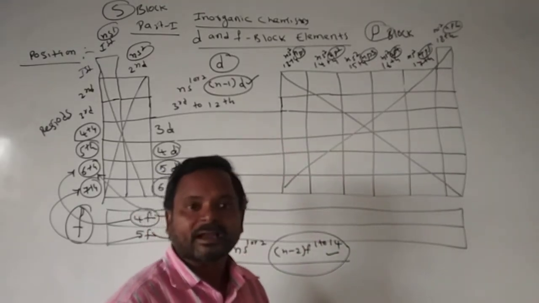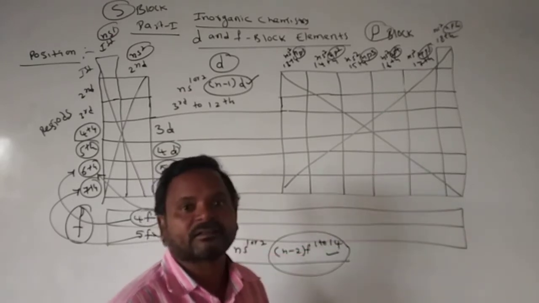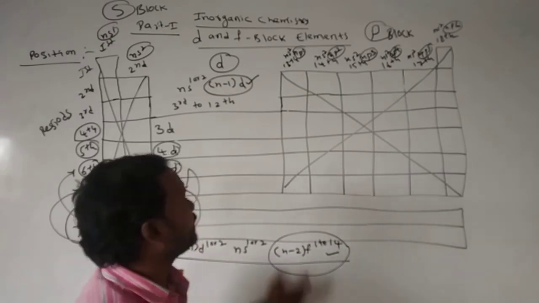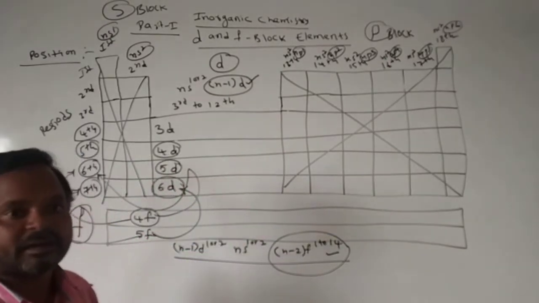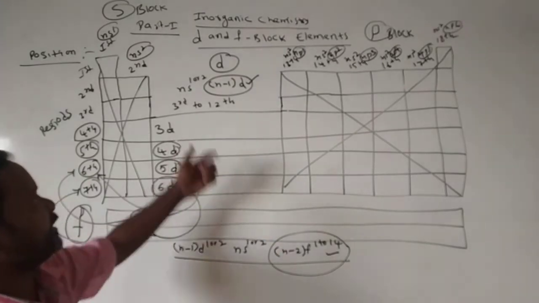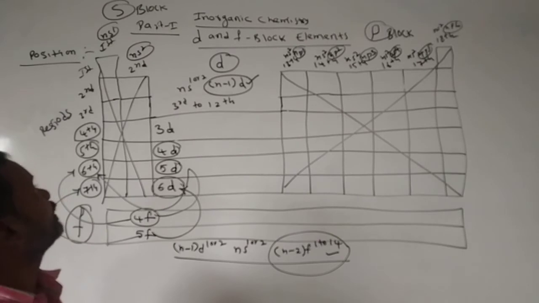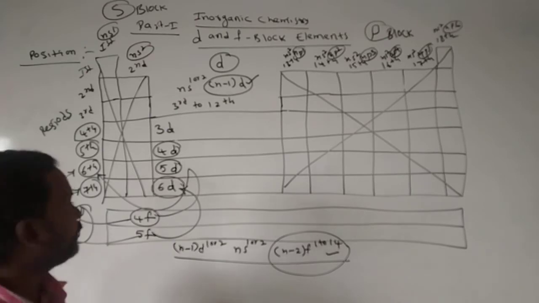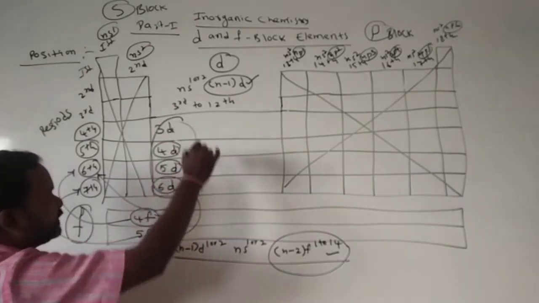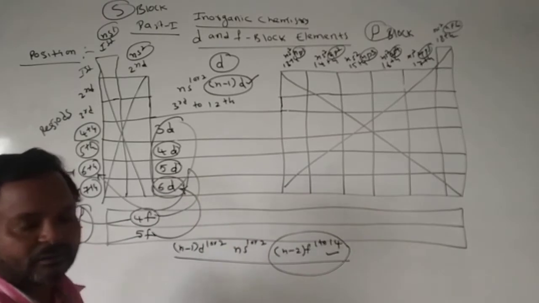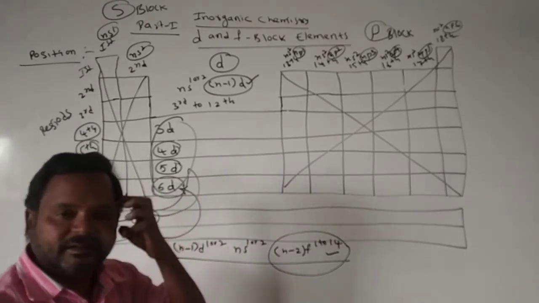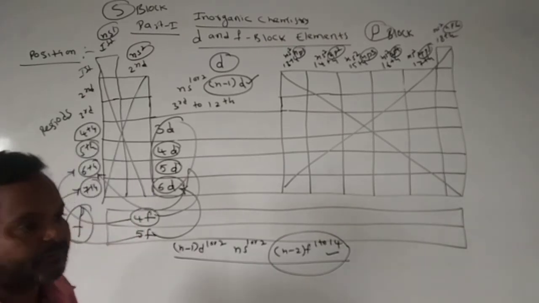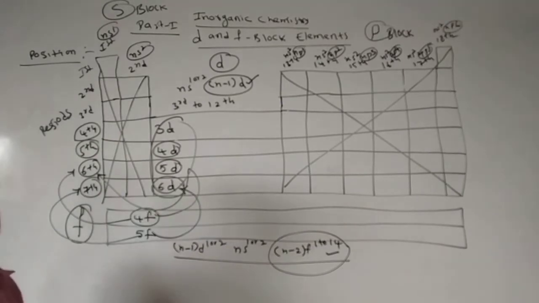The s-block elements are completely metals, and the p-block elements are mostly non-metals. The elements in between are arranged between metals and non-metals, which means they have some metallic properties and some non-metallic properties. This is about the position of d-block elements in the periodic table. How many series are there? Four series. We'll see what those are, the general electronic configuration, and which elements are present at which position.